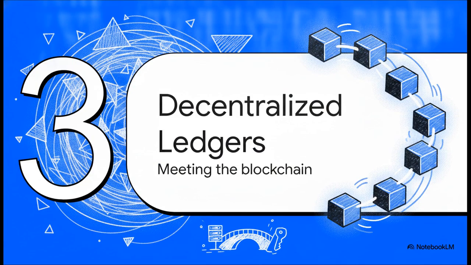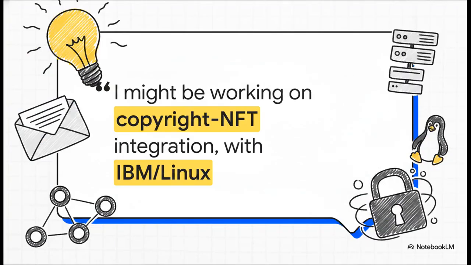All right, Section 3, foreshadowing decentralized ledgers. This is the exact point where deeply abstract mathematical geometry collided with real-world networks. Check out this massive light bulb moment from April 2021. Researcher Kyle Smith sent an email mentioning he was exploring copyright NFT integration alongside IBM and Linux. This specific moment was the genesis of merging these incredibly advanced, theoretical, non-halting mathematical concepts with early real-world blockchain applications. The theoretical foundation was finally searching for a home.